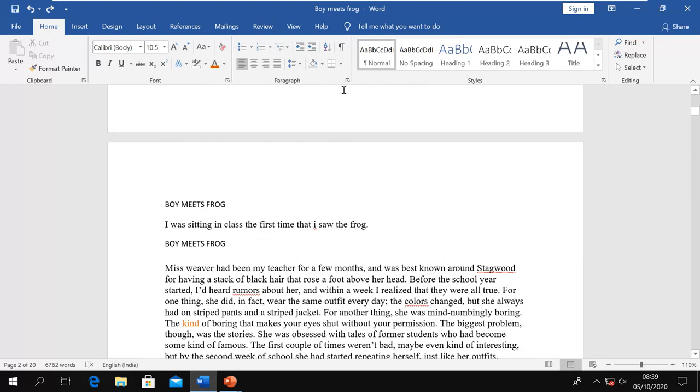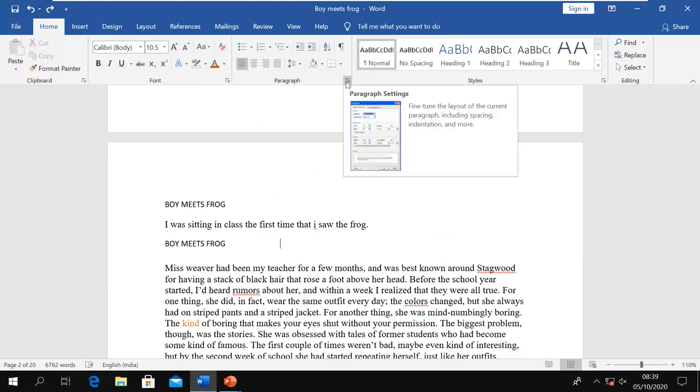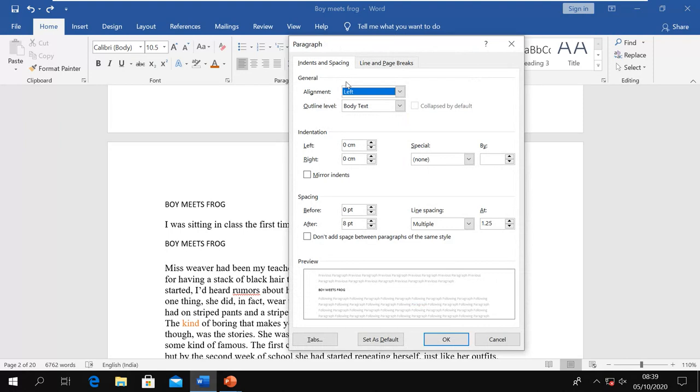Then you have some advanced options here also. If you click, it will open the dialog box for managing the paragraph, and you can change those things and set them as default also. And here you can see the preview. Whatever you change here, you can change the indent setting, the spacing, the line spacing, the space between the paragraphs, before and after, and you can change the alignment options also.